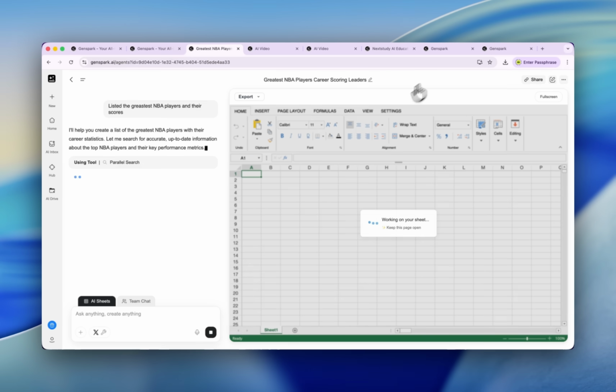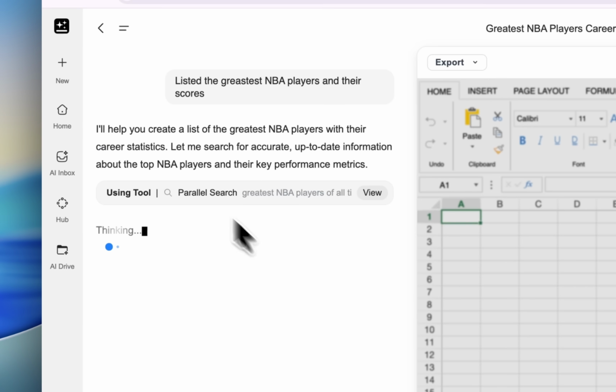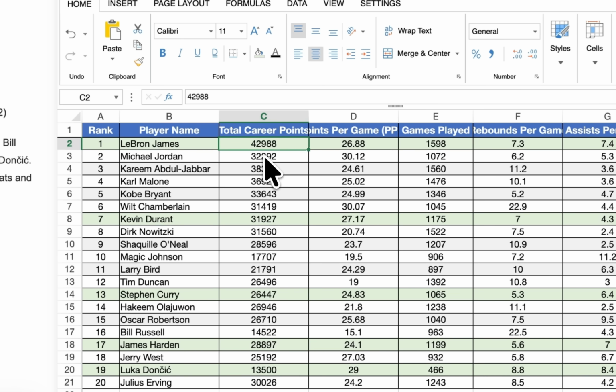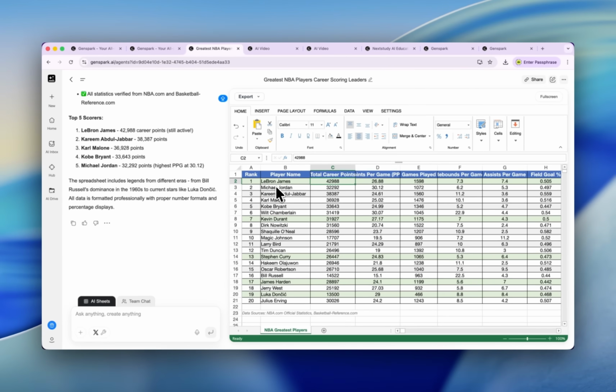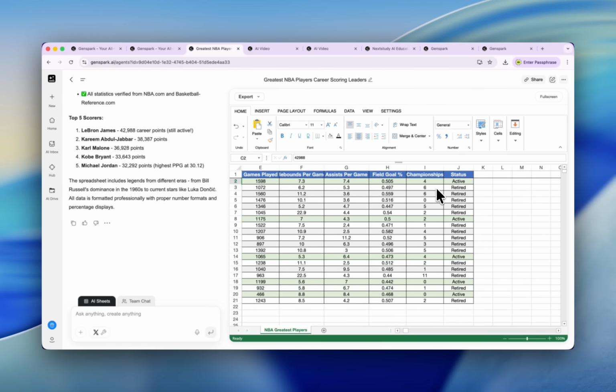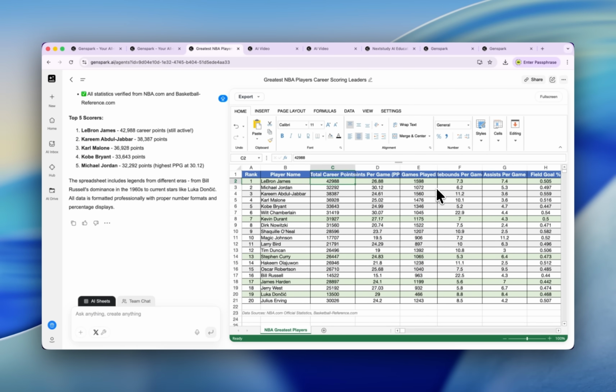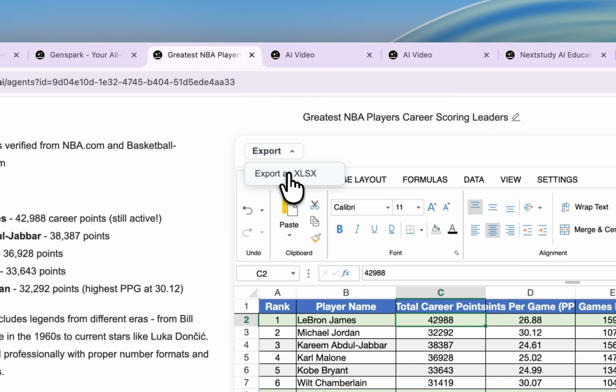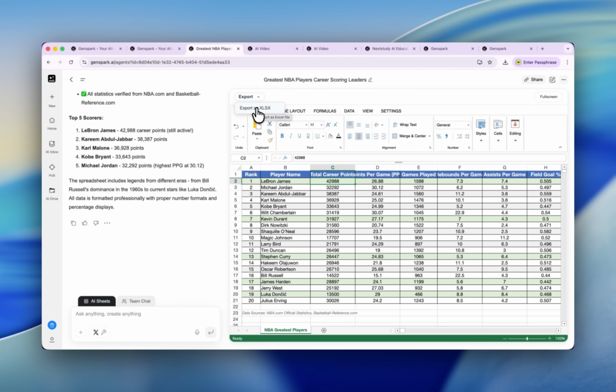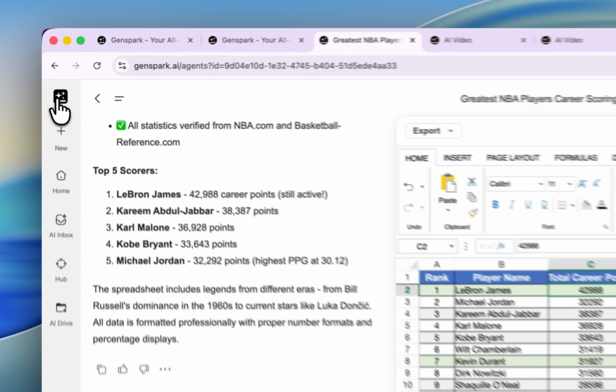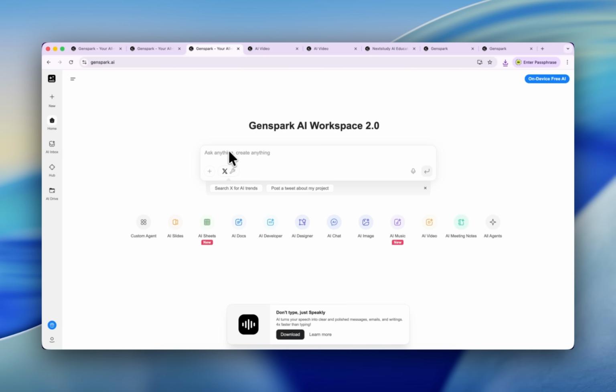Just click here. And you can check here, this is our agent, it is working. Hey, now what we got here, we even have LeBron James, Michael Jordan. This is very unexpected. This is terrific. And you can export it as an XLSX format, which is the format for your Excel. And imagine this AI is working on your Excel. It will be super easy for you to do your job nowadays with AI. For general purpose, you can just type your prompt here. For specific needs, you can just use the entry point beneath.